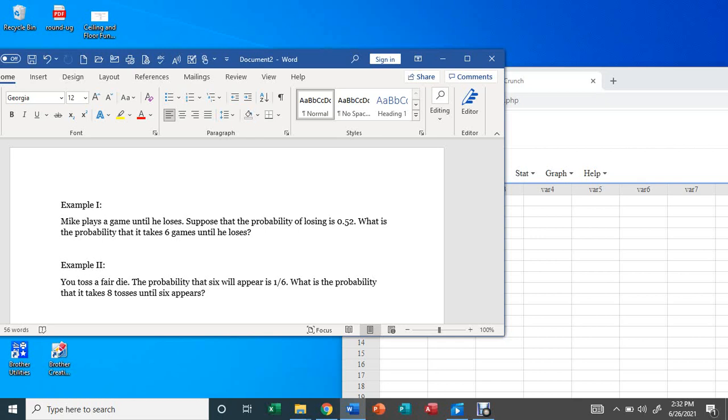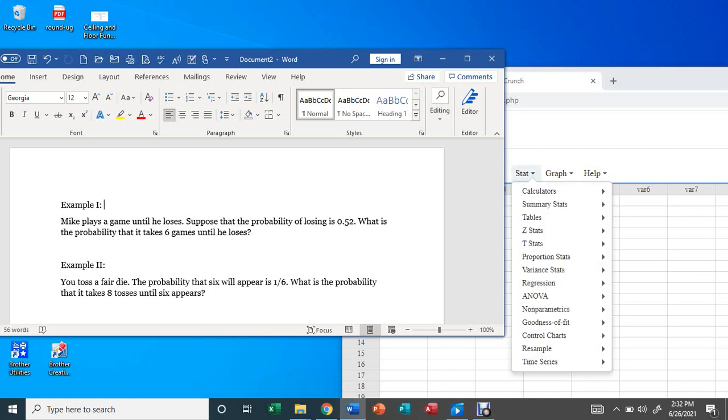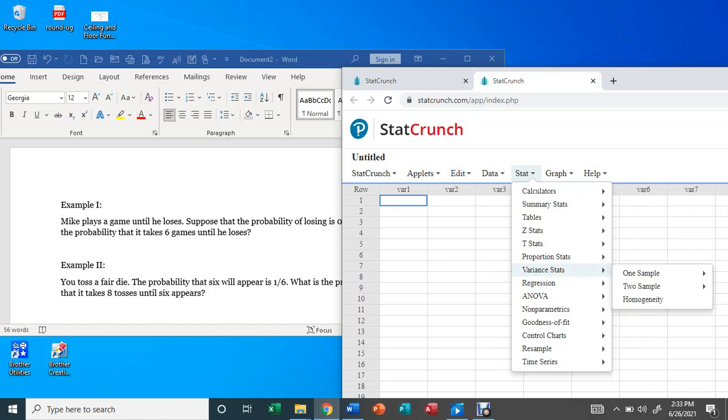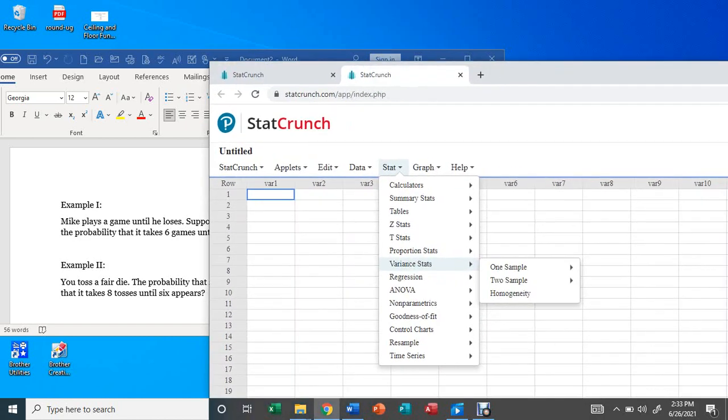So this is geometric distribution, and the probability of losing is 0.52. If you go to Stat and go to Calculators and choose Geometric,